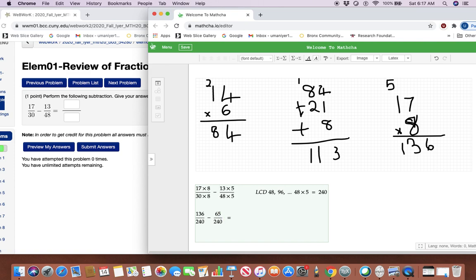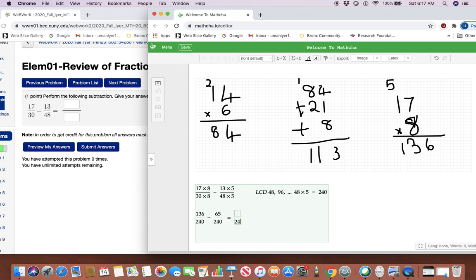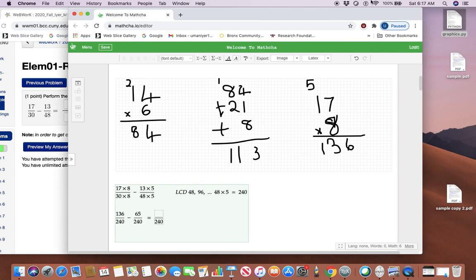Okay. At this point, so what did we do? We started off with subtraction of fraction. So remember, for addition and subtraction, you need common denominators. We came up with common denominators and rewrote our fractions appropriately. Now that you have common denominator, I write the common denominator and subtract. So that gets me